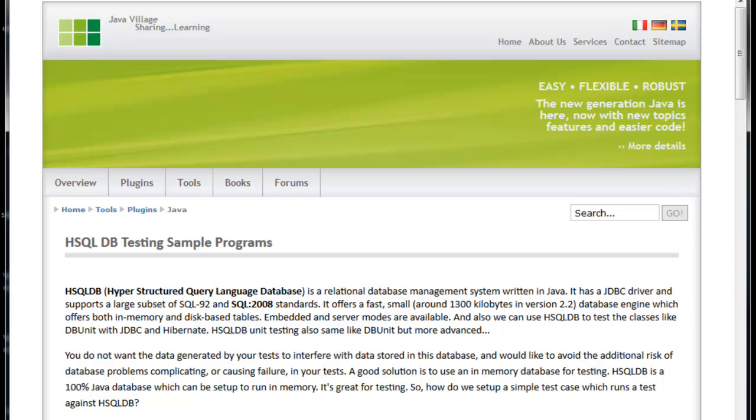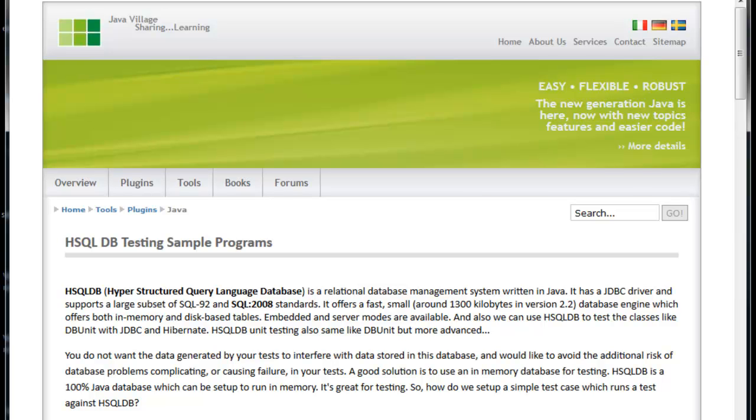We have many tables, many structures, and different relationships between tables, and we are connecting that database to Java. And what about the integration between Java and the database? To test that, we are going to cover DBUnit and HSQL DB testing. Already you would have understood what DB testing is. Here we'll have dummy data to connect to the database, and that dummy data will be used by the program.